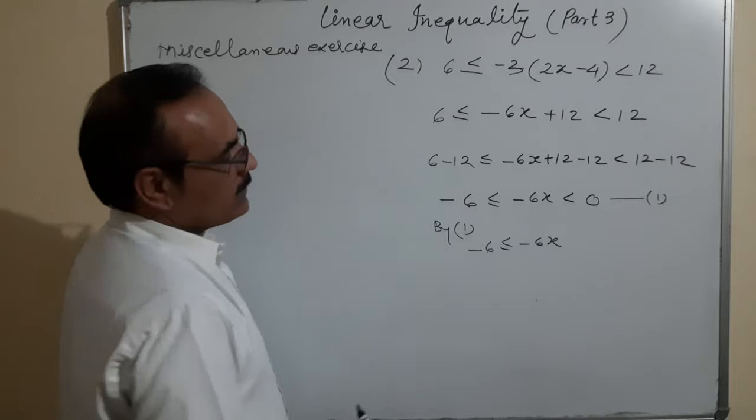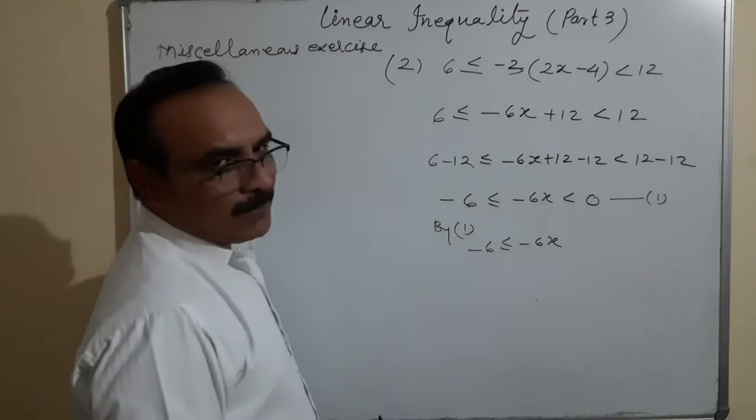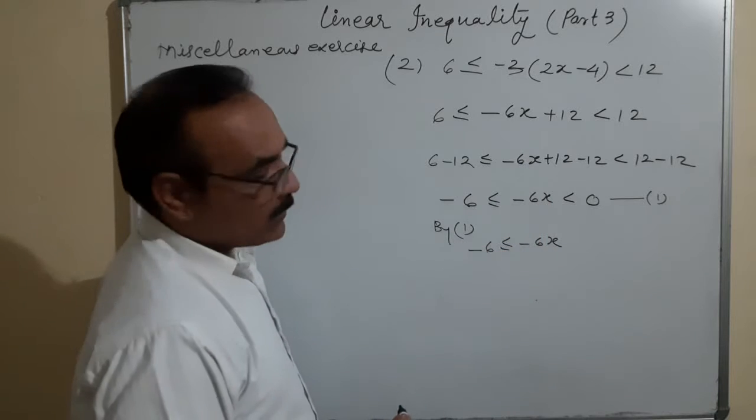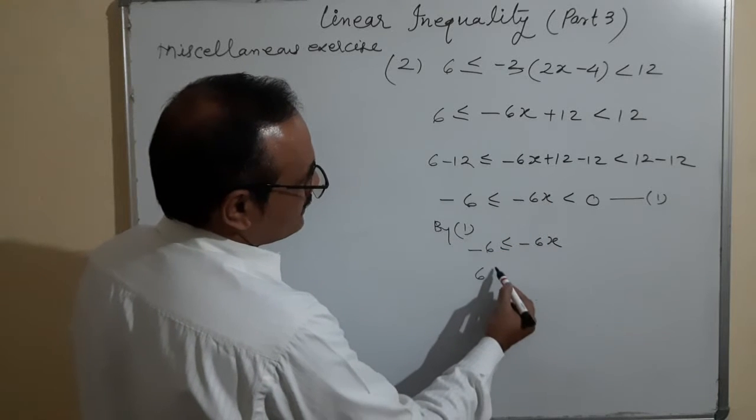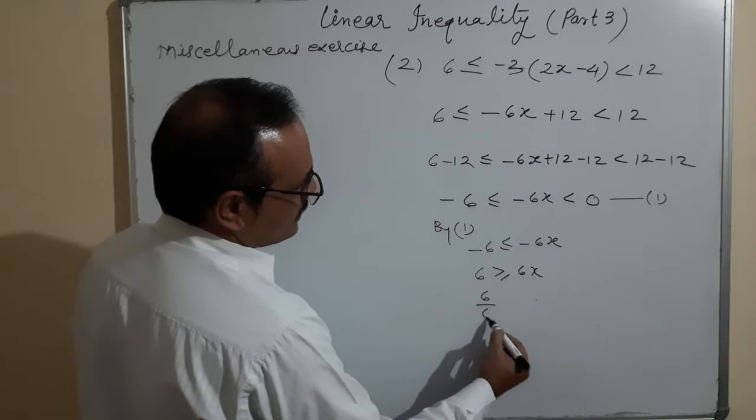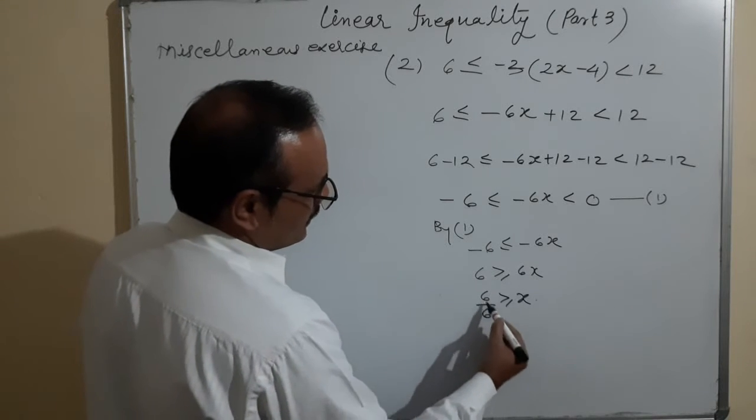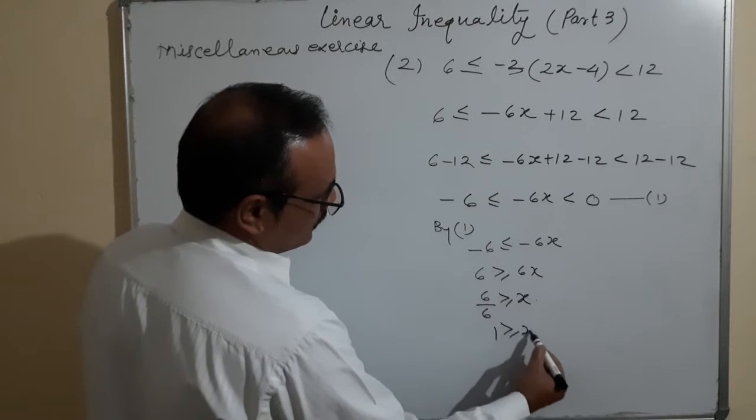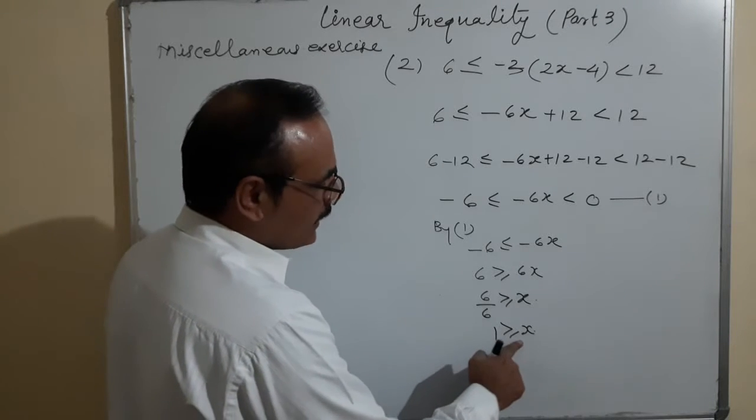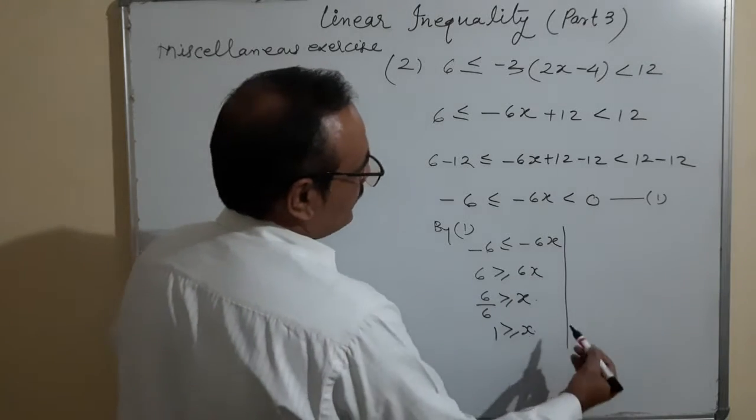Now what happens here? If you multiply it by minus 1, the inequality will change. So it is 6 is greater than or equal to 6x. That means 6 upon 6 is greater than or equal to x, so 1 is greater than or equal to x. So the value of x is less than or equal to 1. And